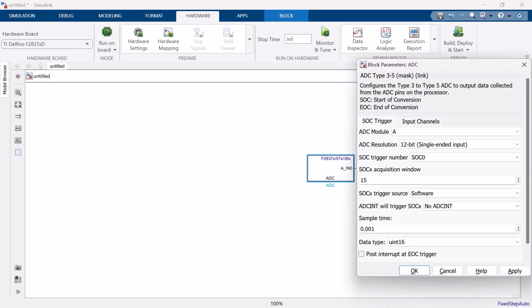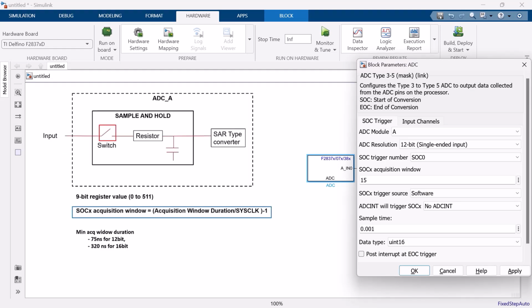Moving on to the next parameter, which is the acquisition window duration. The ADC module has a sample and hold circuit and a converter circuit. The switch that is present in the sample and hold circuit is used to acquire the input signal, and this switching frequency can be controlled with the help of a 9-bit register value. Depending upon the characteristic of your input signal, you can configure this switching frequency with the help of the formula